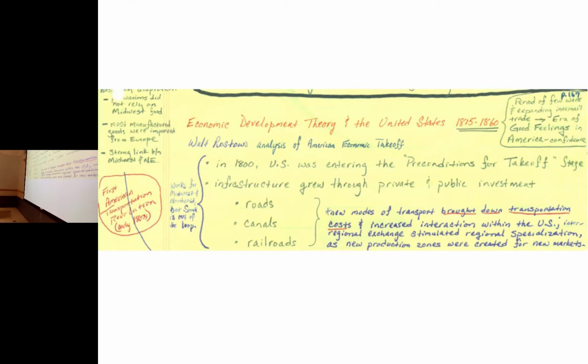It's expensive. So moving freight is one of these things that we're interested in. Roads, canals, and railroads then are developed in this period through public and private investment. Somebody's got to pay for it. Somebody's trying to make money from it. And as these new developing forms of infrastructure emerge and connect with one another and become more efficient, more reliable,